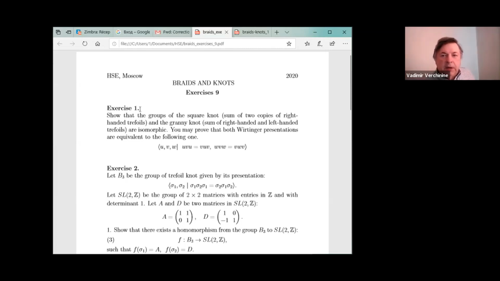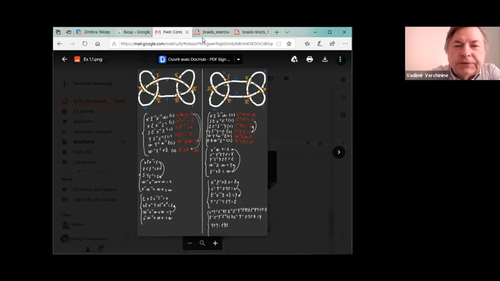And so this is the classical example of knots, maybe the first one from the point of view of number of crossings, that knots are different, and however they have the same group and the same presentation. So of course I understand it is difficult to explain,